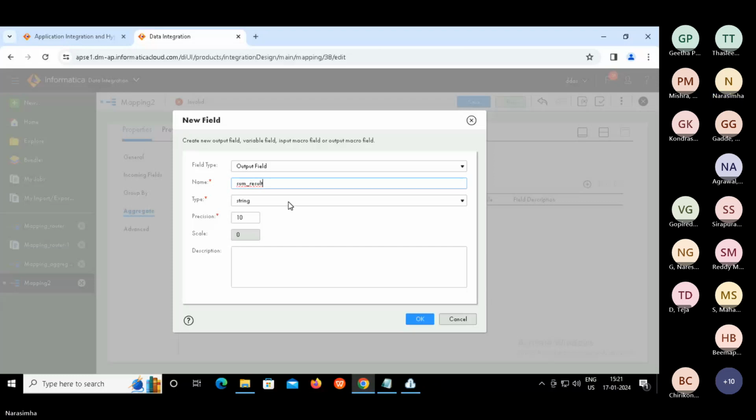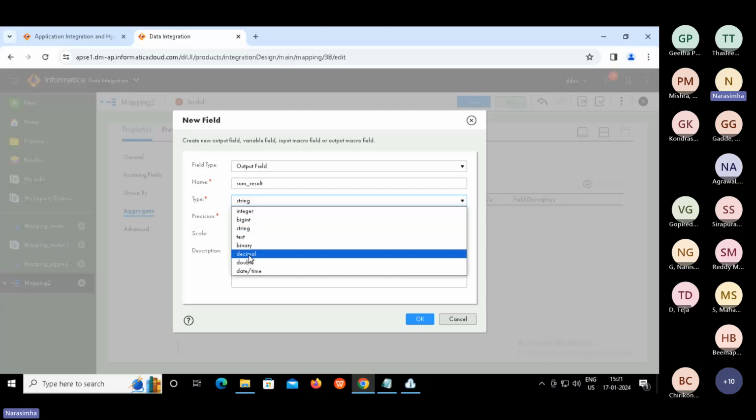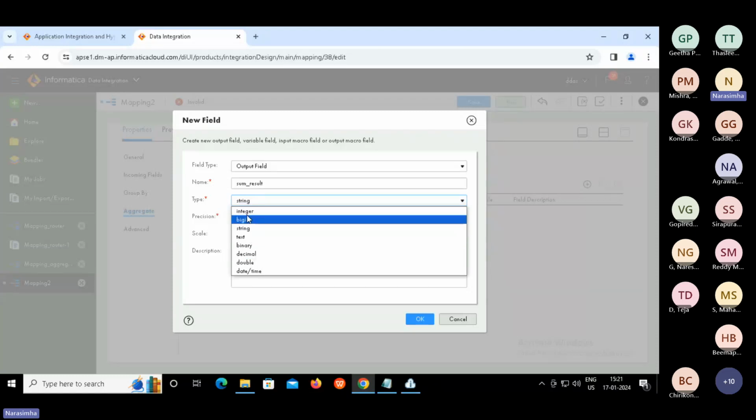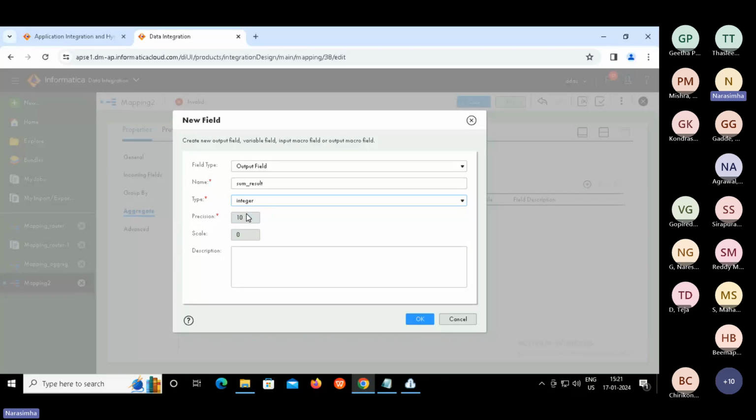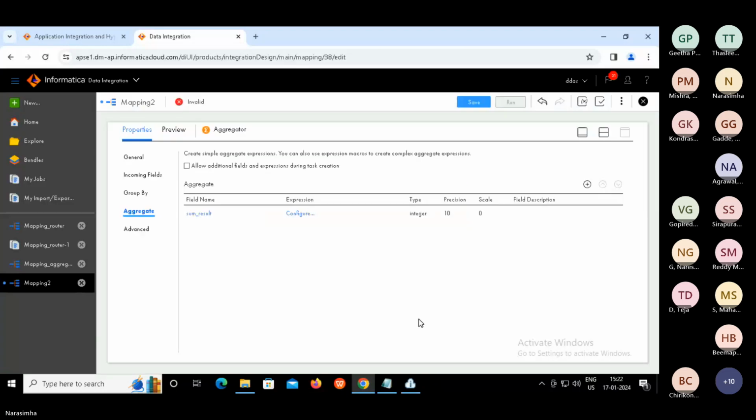And type, you can put, let's say decimal, or in this case we got integer, right? So we can use integer depending upon the kind of input data. We can choose an appropriate numeric type. Usually we use double or decimal. And say okay. Clear, guys? Yes or no?